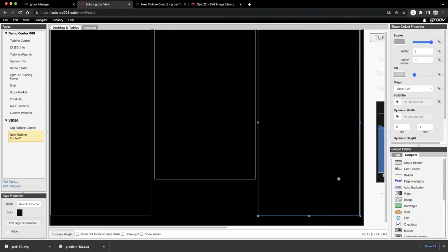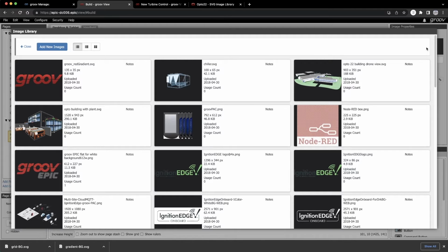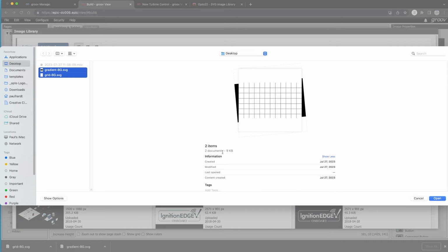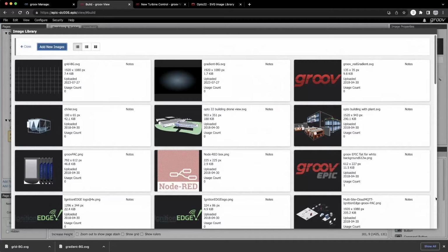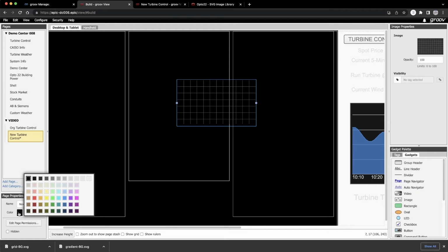Then I'll drag in an image gadget, like so. I'll click on the image icon in the Properties panel. That opens the image library. I'll hit Add New Images. Here they are on my desktop. I'll just grab both of those and I'll select grid.svg. There we are. This is a bit hard to see since the grid is black and the background is black,